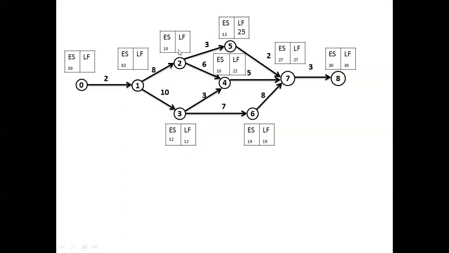Then here for the second event, that is 25, again there are two outgoing activities: 25 minus 3 is 22, 22 minus 6 is 16. We have to consider the minimum among that, that is 16. Then when it comes to event 1, the end event for 0 to 1, the latest finish time for this, again it is having two outgoing activities. 16 minus 8 is 8, whereas 12 minus 10 is 2. Among 8 and 2, 2 is the minimum. Let us take 2, that is the latest finish time for activity 0 to 1.